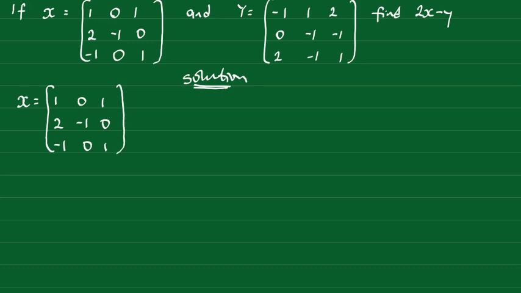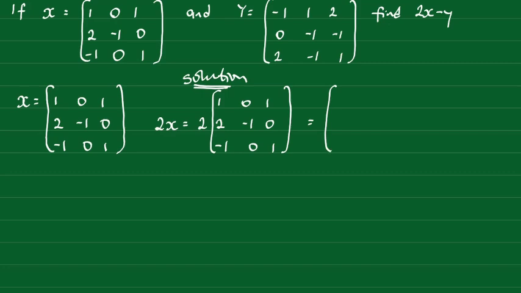If this is our value for x, therefore our value for 2x will be 2 times the matrix [1, 0, 1, 2, -1, 0, -1, 0, 1]. This will be equal to,